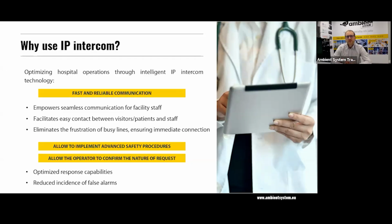Allow to implement the advanced safety procedures. This is something that is very crucial regarding the big facilities with really big amount of people that might act spontaneously during the evacuation event. We really know how this works due to the manufacturing of the voice alarm systems, and we are very prepared